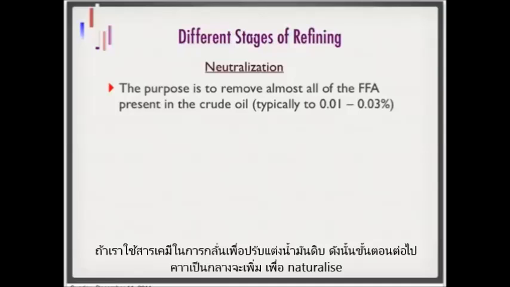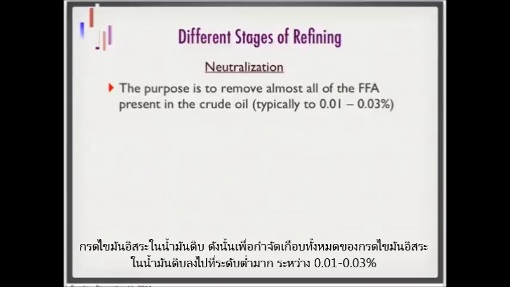If we use chemical refining to refine the crude oil, there's a step called neutralization, where we add the alkali to neutralize the acid or the free fatty acid in the crude oil. So the purpose of this step is basically to remove almost all of the free fatty acid present in the crude oil down to a very